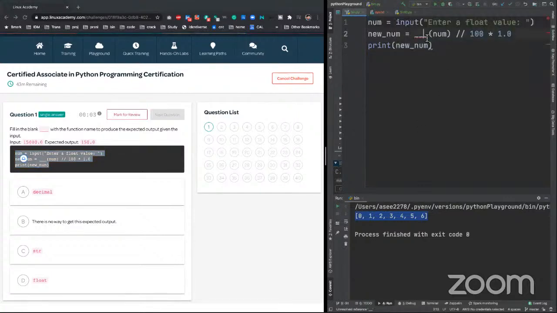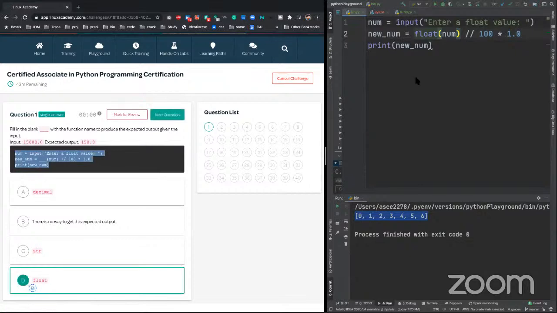We need to fill in the blank. There are a couple of ways to do this. First, you can convert it to int or float. Both ways it should be right. That way it can do the division and you will get the proper number. So the answer we picked is